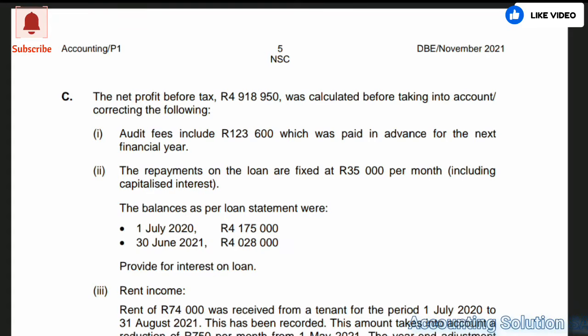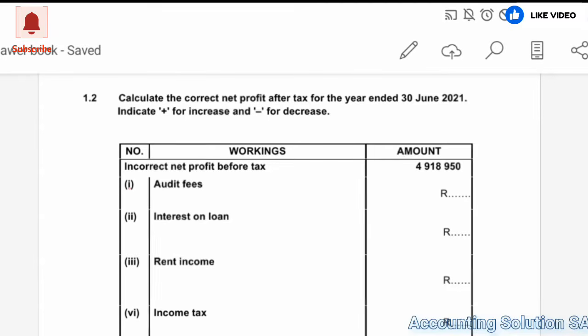Remember, in accounting, guys, if something was added by mistake, we have to subtract when we correct. If something was subtracted by mistake, we add it back in order for us to correct. So this expense was subtracted. Now we have to add it. Okay? Very simple. Let's go to our answer book, which means that under audit fee, we are going to